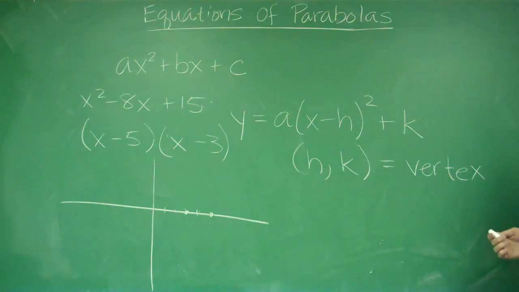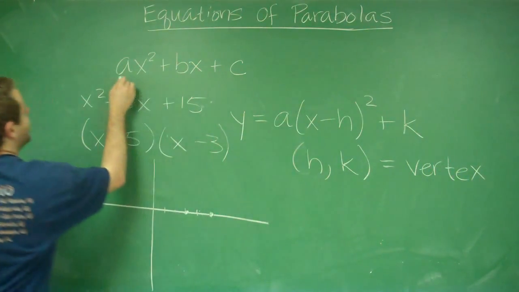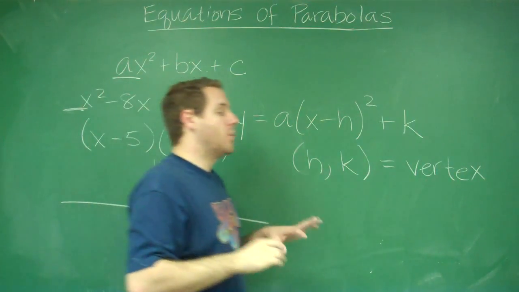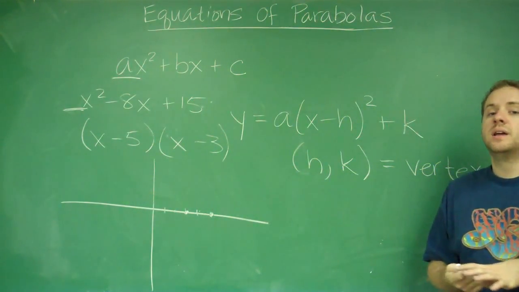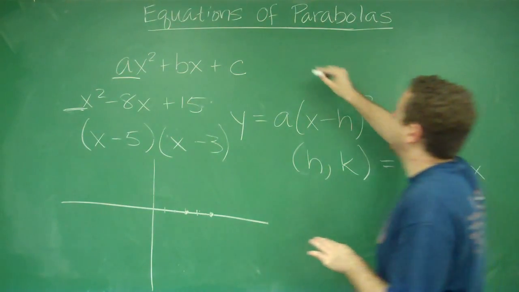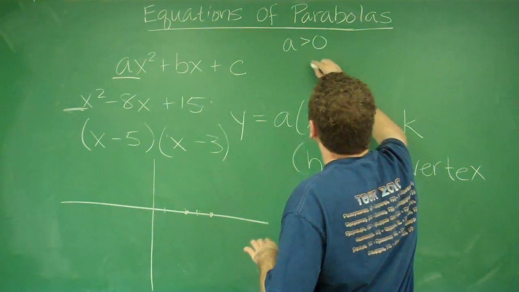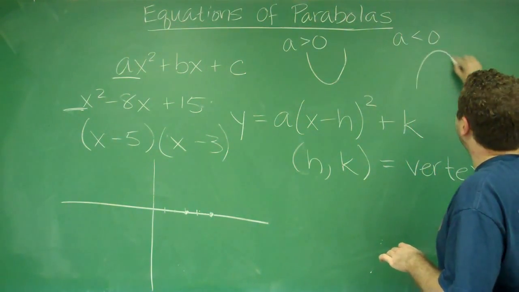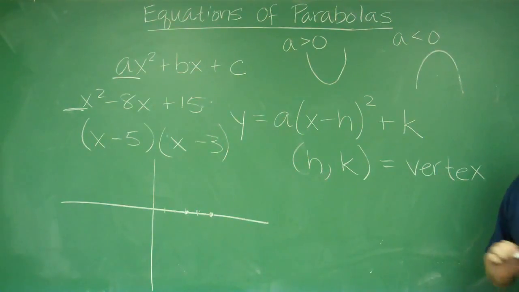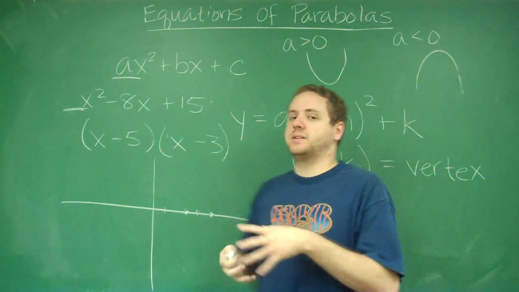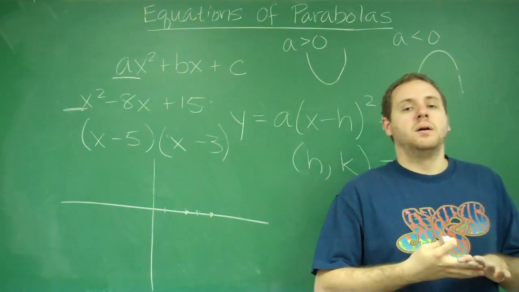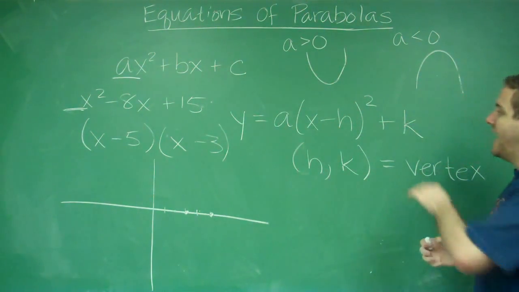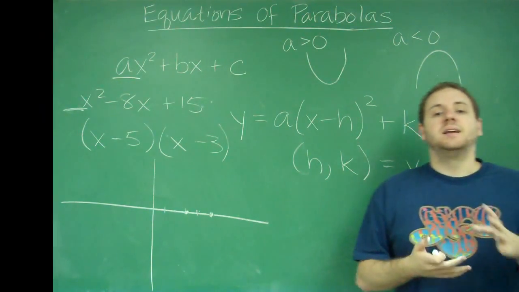The other thing you know is that since this coefficient, this a, in front of the x squared, in this case it's just 1, the important distinction here is whether it's positive or negative. If a is greater than 0, you have a parabola that opens up. If a is less than 0, if a is negative, you have a parabola that opens downward. So these are just some other things that can help you define what a parabola might look like. But remember that their basic shape is of a quadratic equation, and using the general form is handy if you know something about